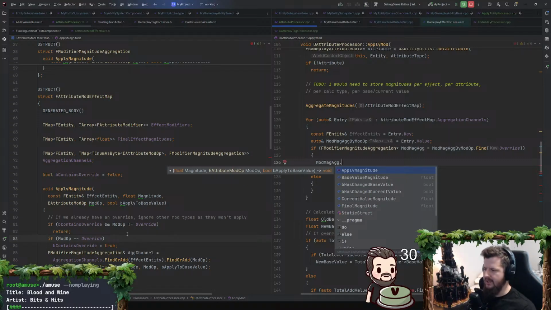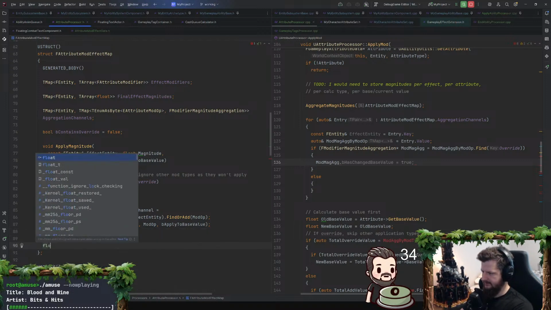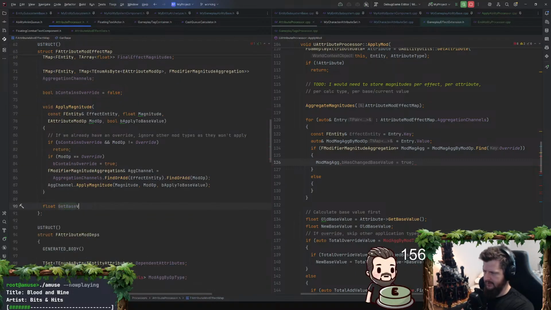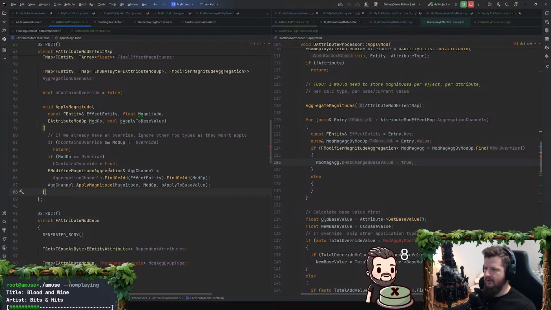So I need to get the magnitude in this channel. Okay, so float get base value for, this should just go on the modifier.